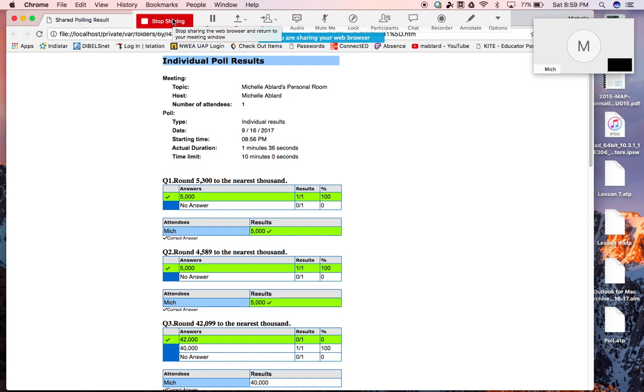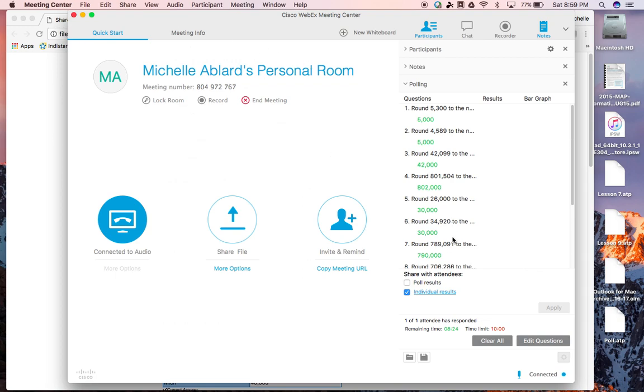Now there are some situations you'd want to share the results with everybody, like if you did a survey, how many people like this type of ice cream, how many people like that. The kids can create a bar graph based on the results. This would be a situation where you do not want to. And when you don't want to share any longer, you're going to go up to the top and click stop sharing. And that is how you do the